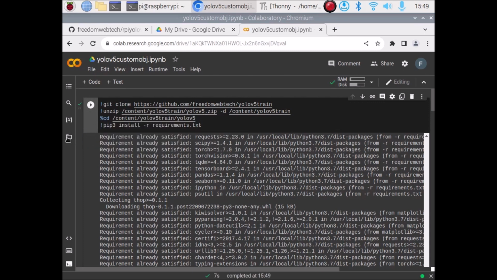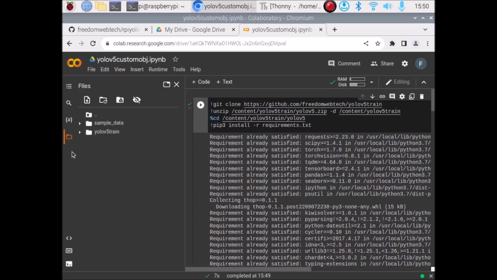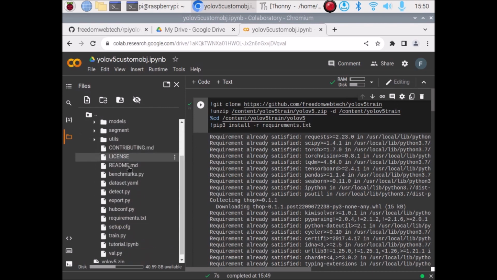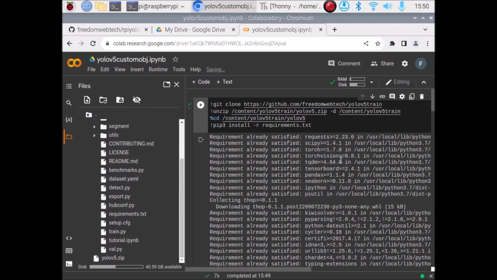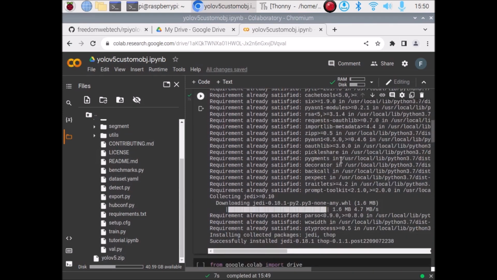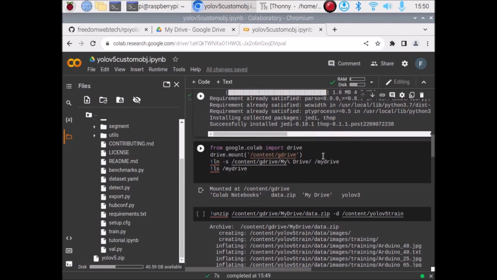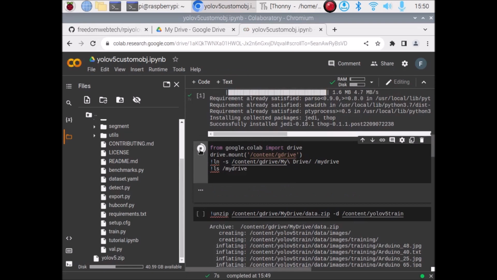So if I click here on the folder, as you can see, yolov5 train folder, and inside that we have yolov5 folder, and inside yolov5 we have all the files and folders. Okay, so second code, so just scroll down. The second code is basically for mounting our Google Drive data. Okay, so let's just run our code. Second code,